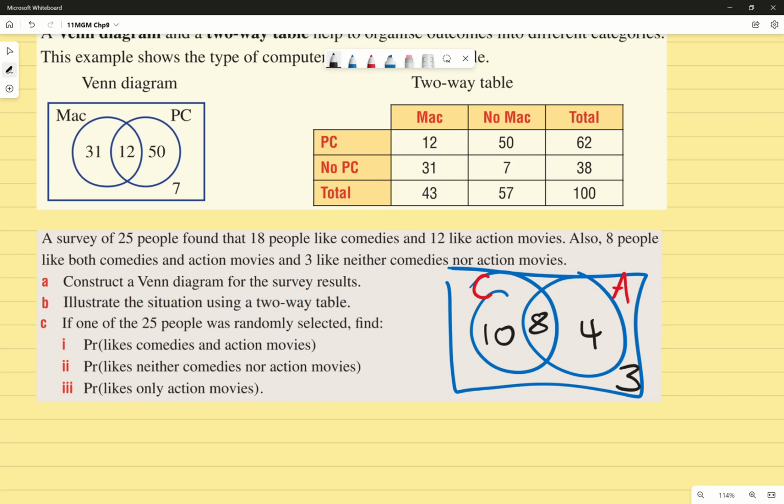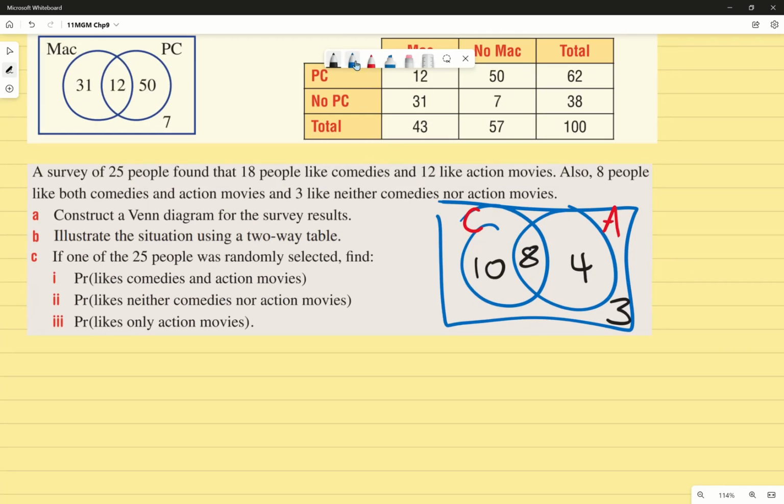Okay. Now let's draw our table. Here we go. All right. So drawing our table, what I want to do is instead of writing action, not action, I'm going to write action and comedy, and later on you can decide whether you want to do it as a complement of an event. But let's write A, C,